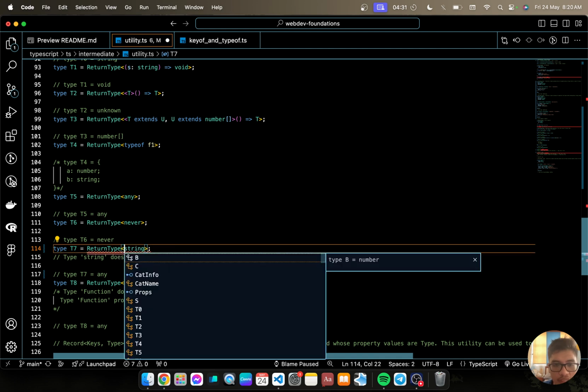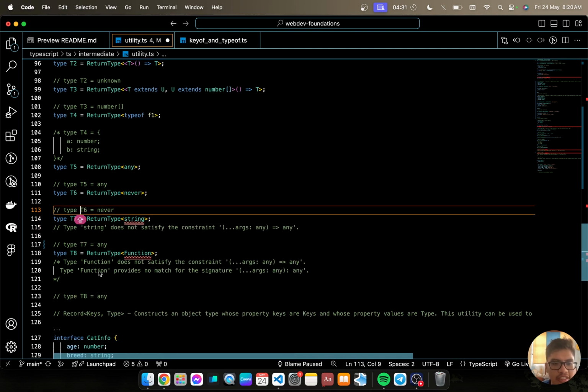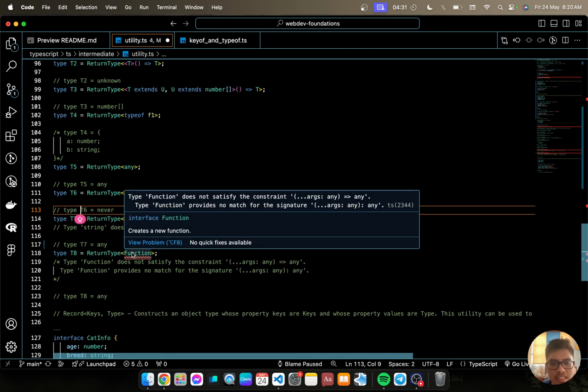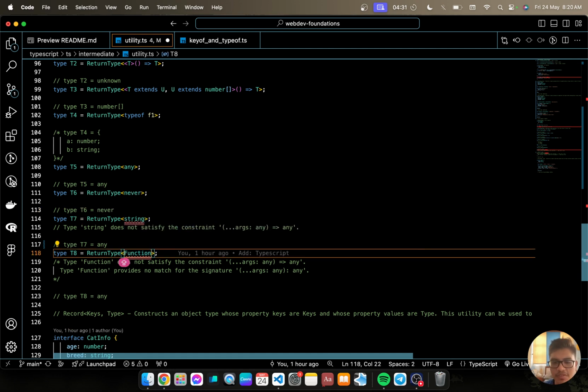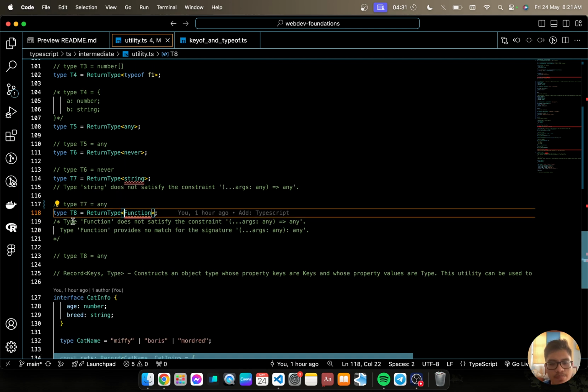Okay. And here we also have that function does not satisfy the constraint. Okay, so maybe if we try to do similar, okay, it works as well. Okay, so now we have T8 is any, then T7 is any as well.